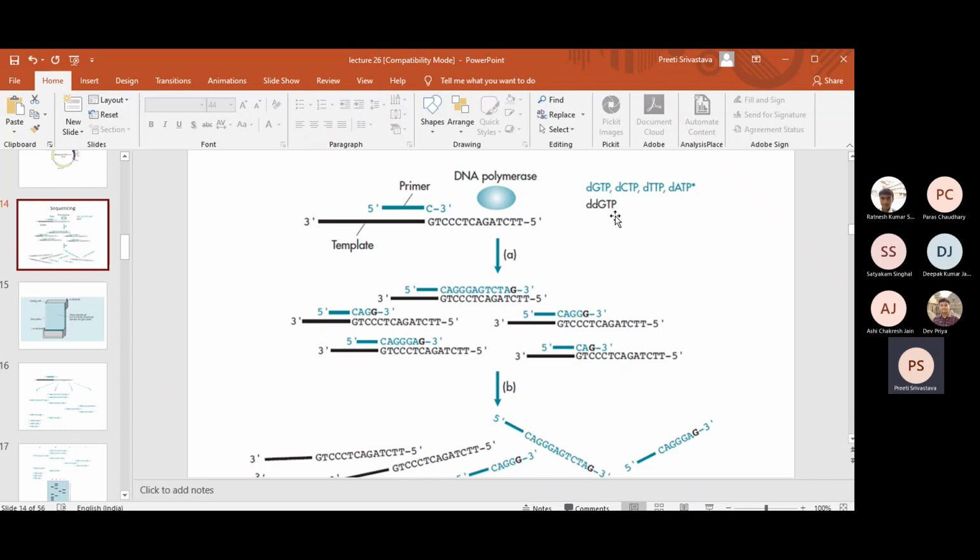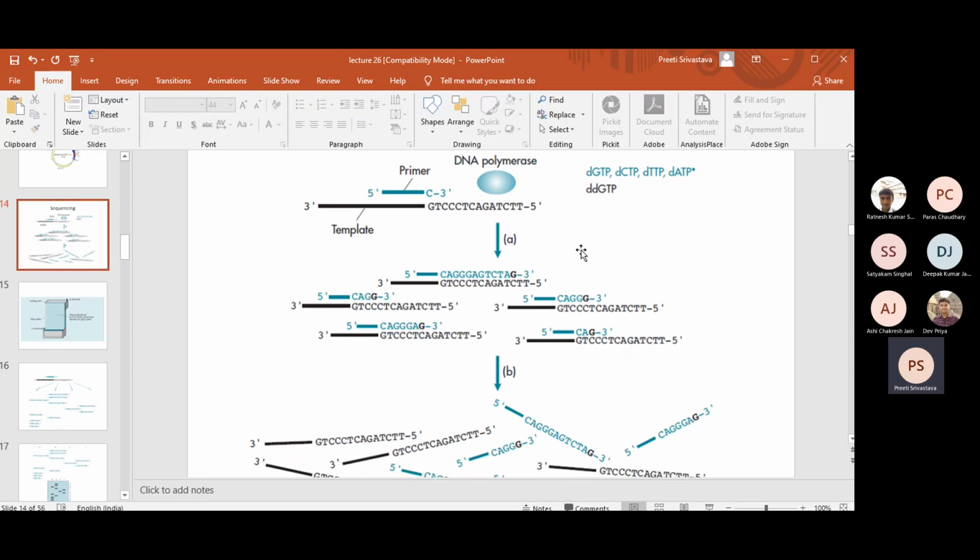Yes, ma'am. So tube 1, tube 2, tube 3 and tube 4 all will have the same primer, all will have the same DNA polymerase, all will have the same buffer which is required for the action of polymerase, and all will have the same template DNA for which you need to perform sequencing. And the preparation of single-stranded DNA you are now aware of, for example, the M13 method. I will tell you in a second that we can also use the conventional methods of PCR and others. But let us see the experiment.